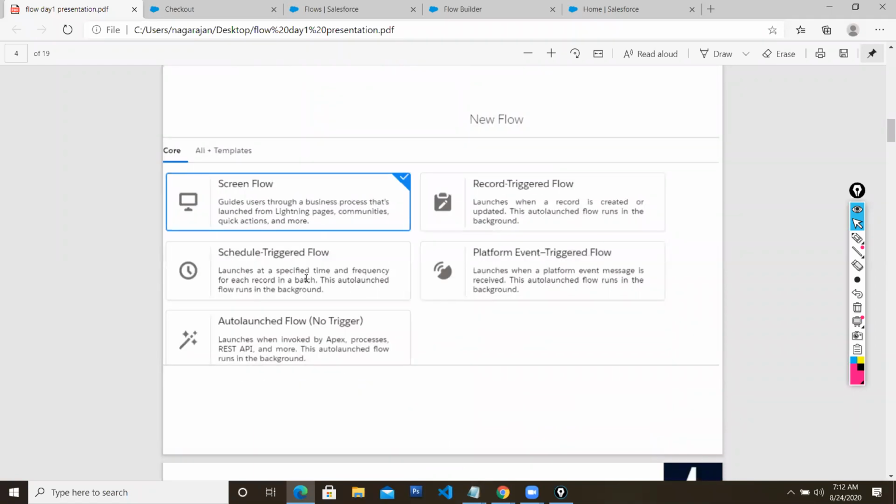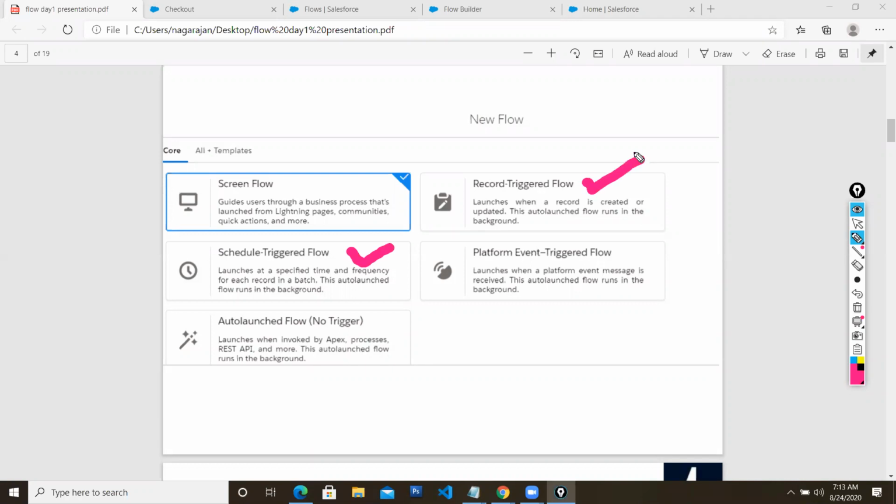So these are the different types of flows you are able to create. The first one is called screen flow. As I just discussed, previously you had screen flow and auto launched flow. In the current release, you have the new functionality, scheduled trigger flow, and you have a record trigger flow.